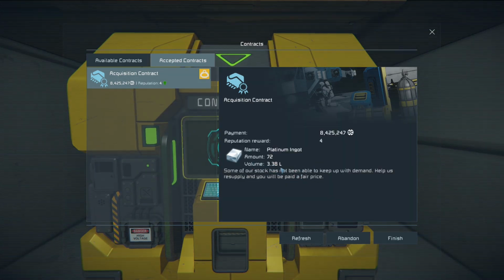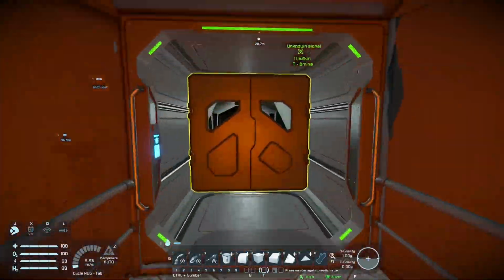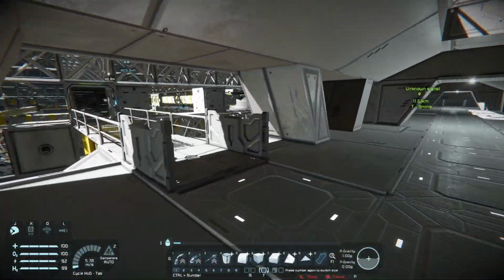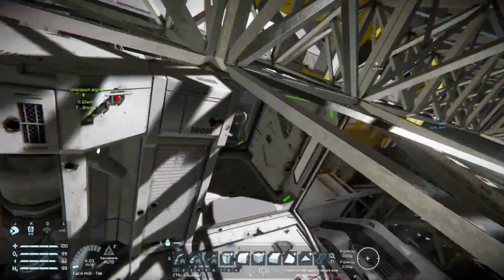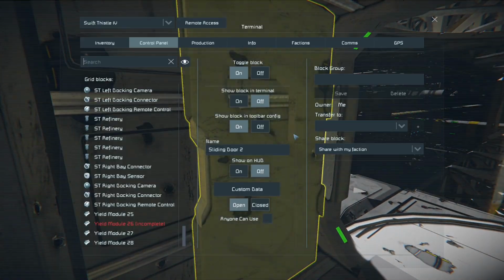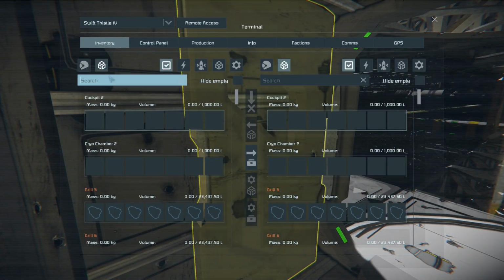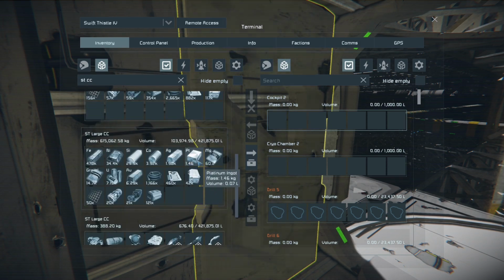You don't have 72 platinum? It's probably sitting in an assembler or something. I'm pretty sure I've built platinum. Oh, this will be so nice once I actually get the ship made, because then I can come in and do stuff. But thankfully, I don't have to go very far. We'll just talk to the door. Let's talk to the door. We want STCC. We were looking at our ingots. We do have platinum. We want 72, and we don't have nearly enough, so we will swap